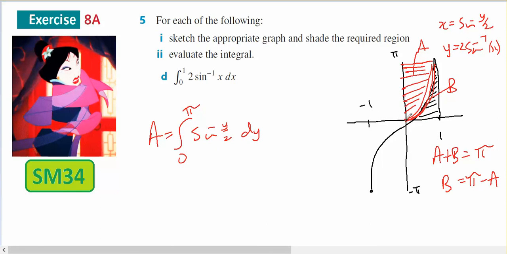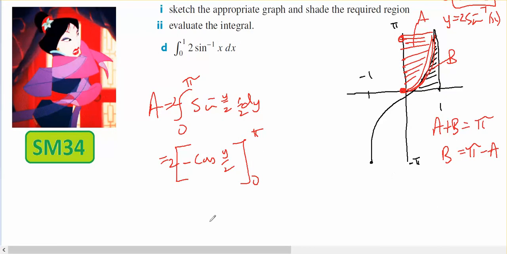Because I'm integrating with respect to y, so from 0 to pi, the curve which is sine of y on 2. And that's going to be, the integral of sine will be negative cos of y on 2, but of course I needed a half there, so it's going to be a double on the outside from 0 to pi, and that's going to equal 2 times negative cos of pi on 2